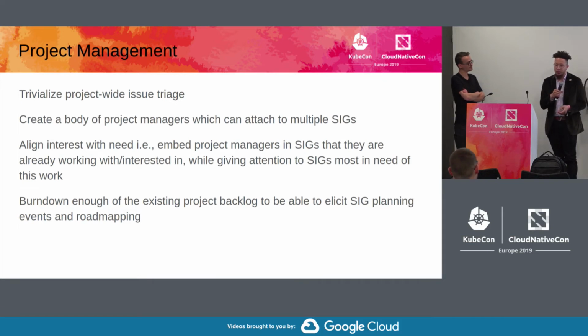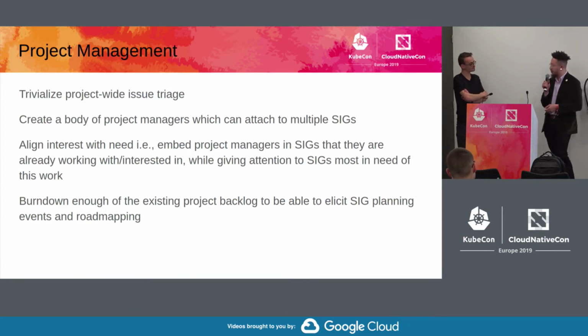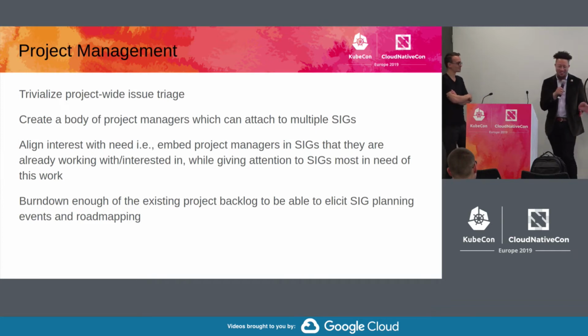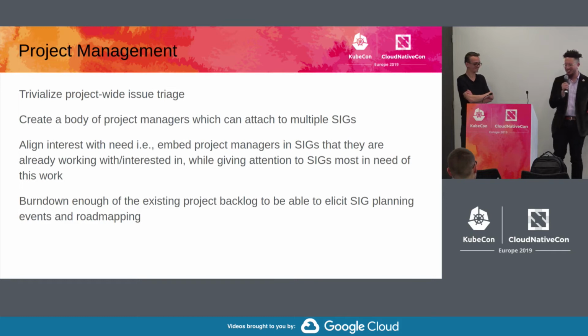So once we get to a point where this stuff is actually burned down, again, like I was mentioning, we can start to have things like SIG planning events and actually do roadmaps for Kubernetes. And this is a common question that we get from the media, right? I think the fun ones are, what's Kubernetes 2.0 going to look like? And the answer is no one knows. That probably will never exist. You may check in 5 years. Exactly. Call me in 5 years and we'll see.